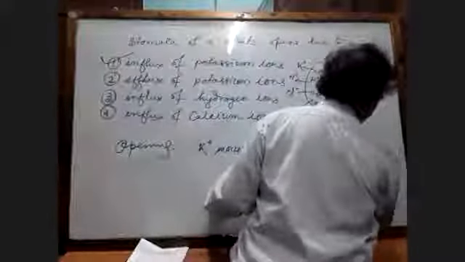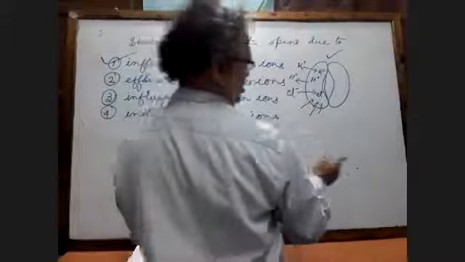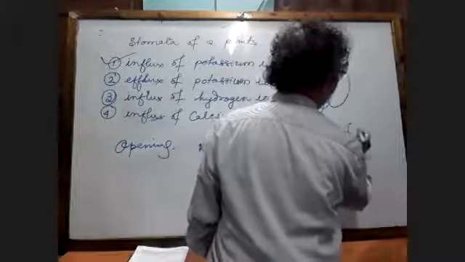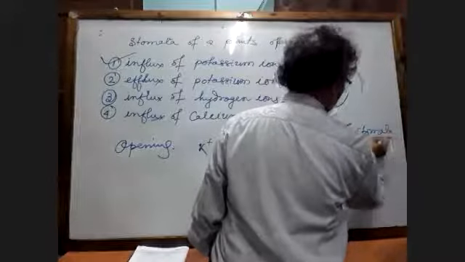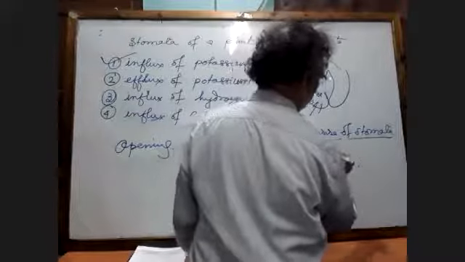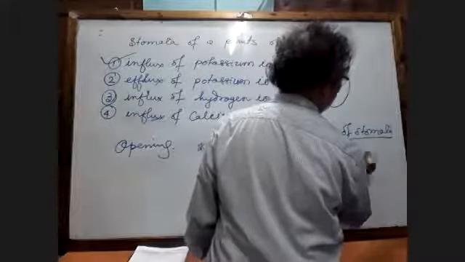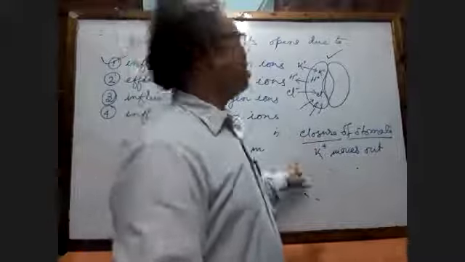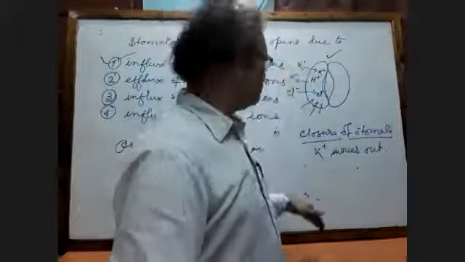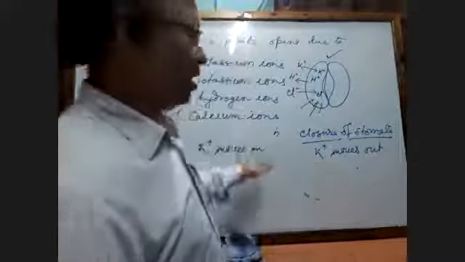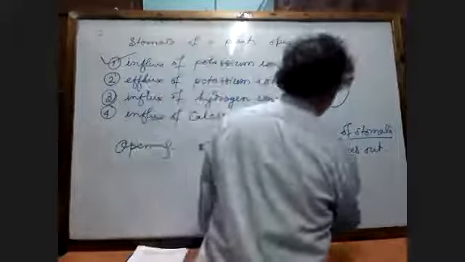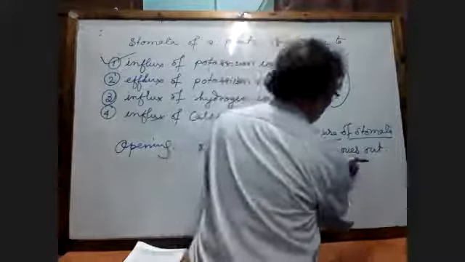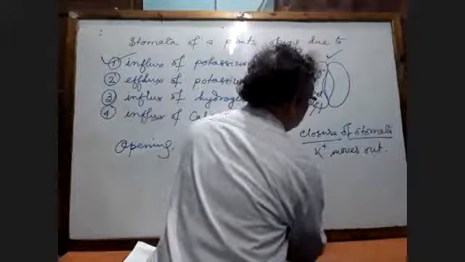And at the time of closure of the stomata, the potassium ion moves out. So the water potential increases, water moves out of the guard cell, turgidity falls, and the stomata again close. At the time of the closure of the stomata, along with the movement of potassium ion outside, it has been observed that